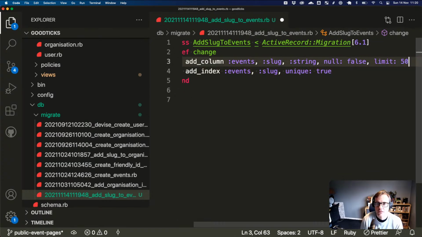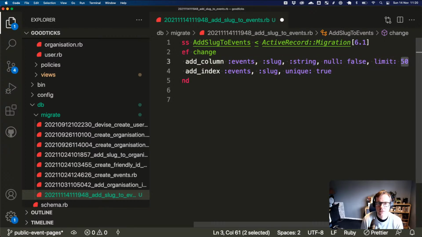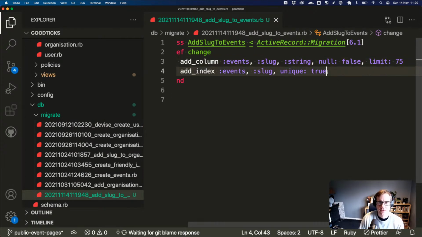Can't be null. Well, the name of the event has a limit of 75 characters, so I'm assuming this could be 75 as well.